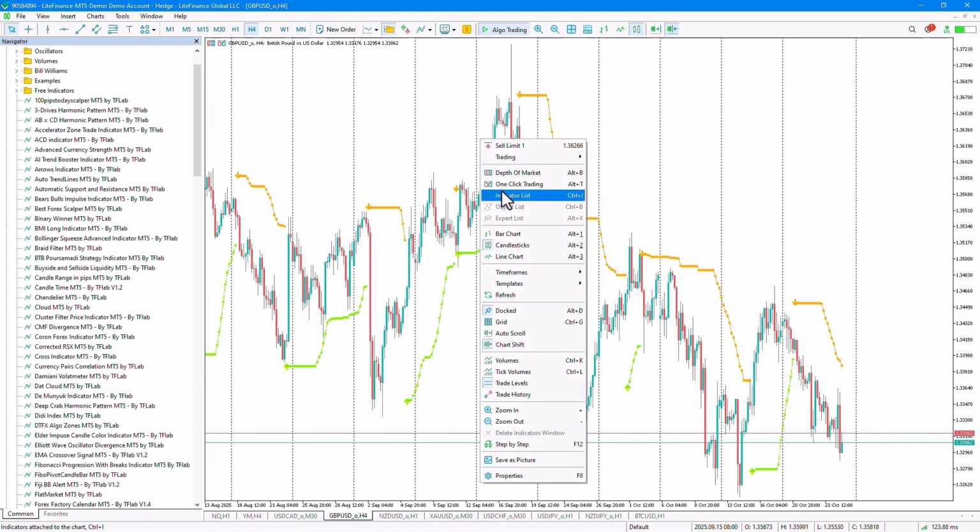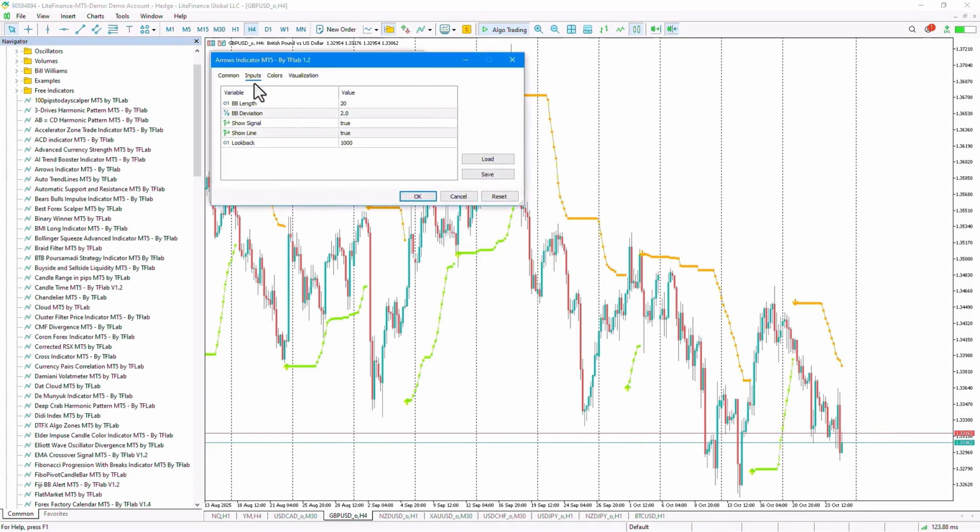In the settings section under the input tab, there are options available for us. In the first input, we can set the calculation period length for the Bollinger Bands indicator. In the second input, likewise,